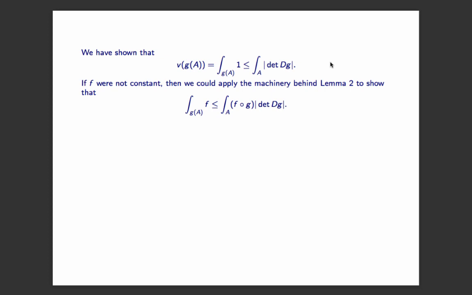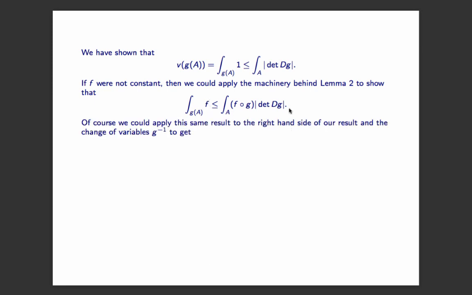Now, if f were not constant, then we could apply the machinery behind Lemma 2 to show that the integral of f over g of A is less than or equal to the integral over A of f composed with g times the determinant of dg. That's because when we break this down into all of our upper and lower sums, then I get a constant on each subrectangle. Now we could apply this same result to this integral